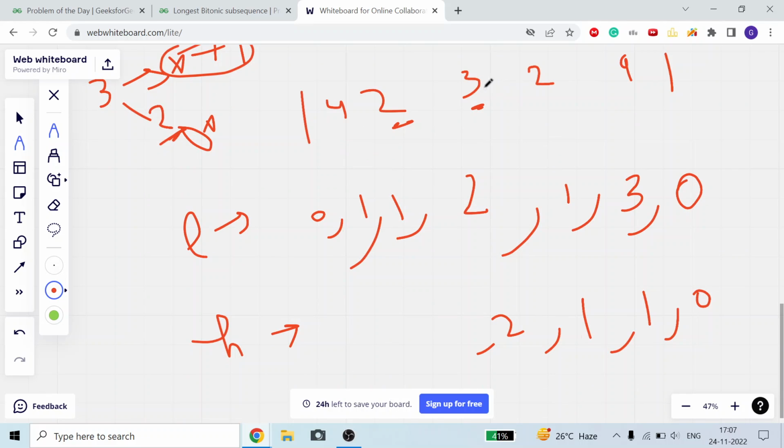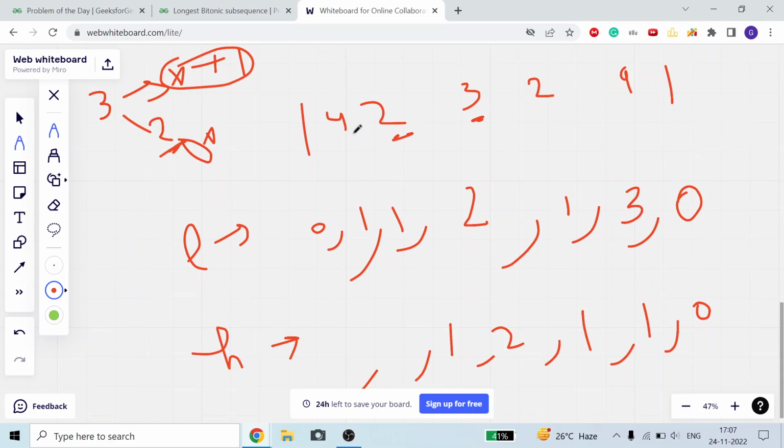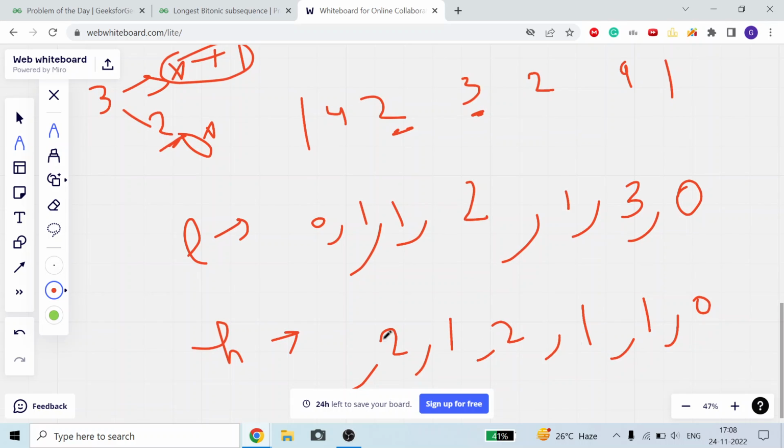Okay, so we will take 3, then 2, then 1. Now for 2 we cannot take 3, cannot take 2, cannot take 9. So with these I can take 1. So the answer will be 2 and 1, 0 plus 1, that is 1. Now for 4 I can take 2, the answer will be 1 plus 1, that is 2. I can take 3, so the answer will be 2 plus 1, that is 3. So I will select the maximum one, and it will update.